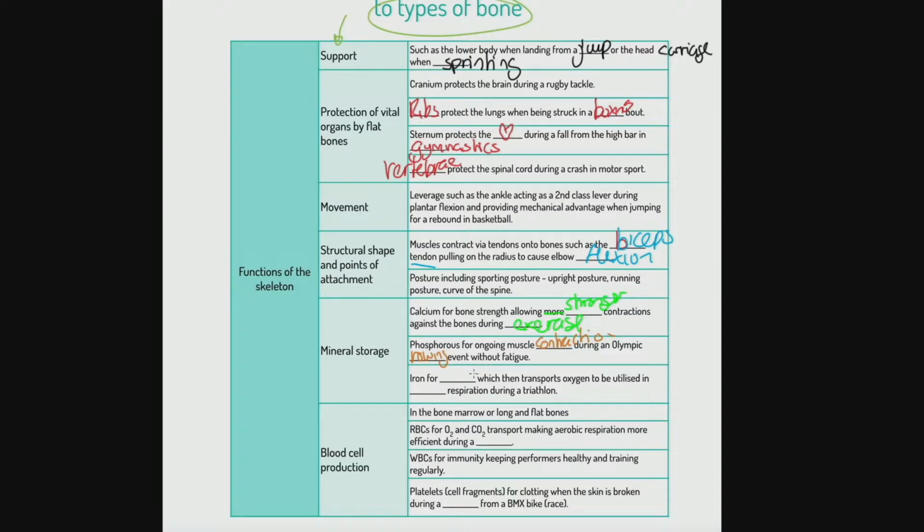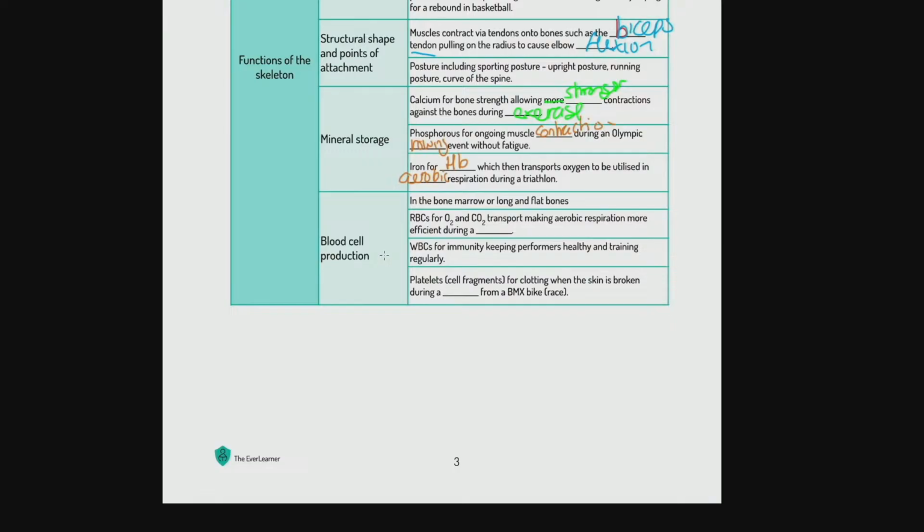Then we've got iron for hemoglobin, or red blood cells, which then transport oxygen to be utilized in aerobic respiration. It's got to be aerobic respiration, right? Because it's about the movement of oxygen on a red blood cell here. And then we've got blood cell production in the bone marrow of long and flat bones. Fine. Red blood cells transport